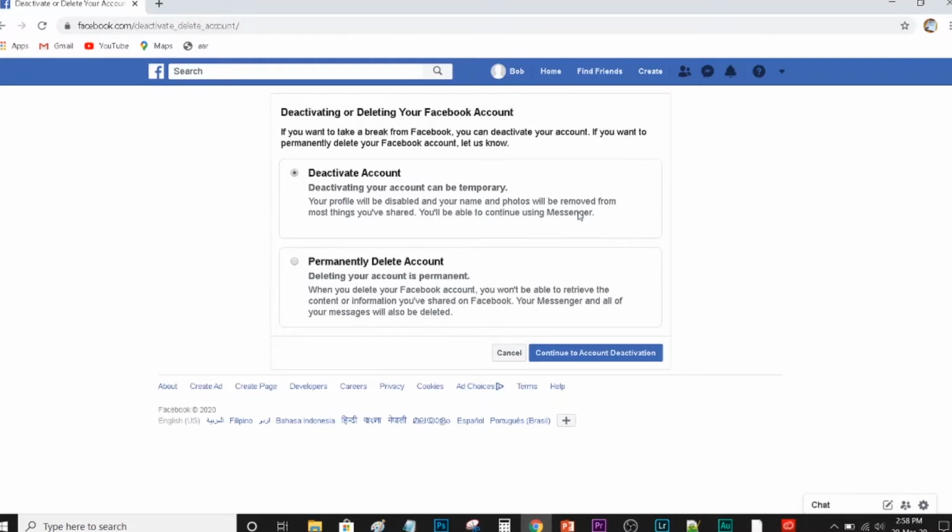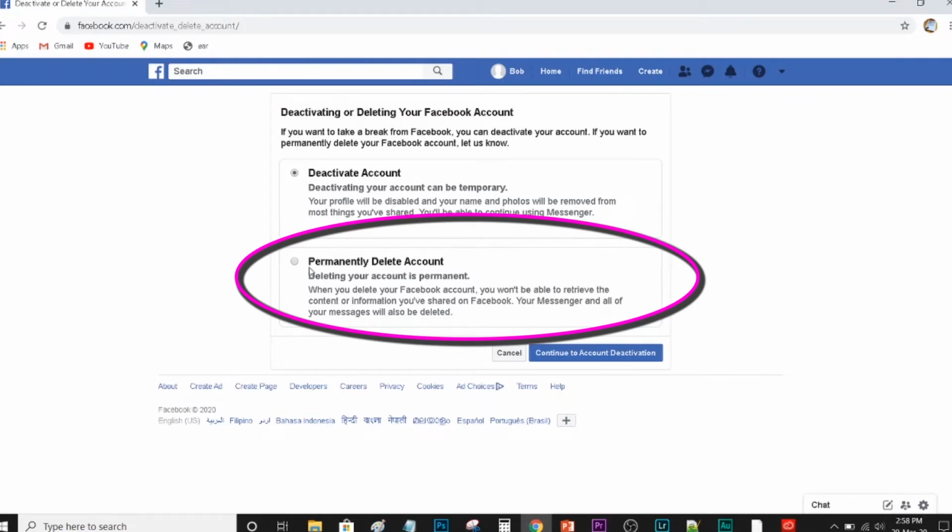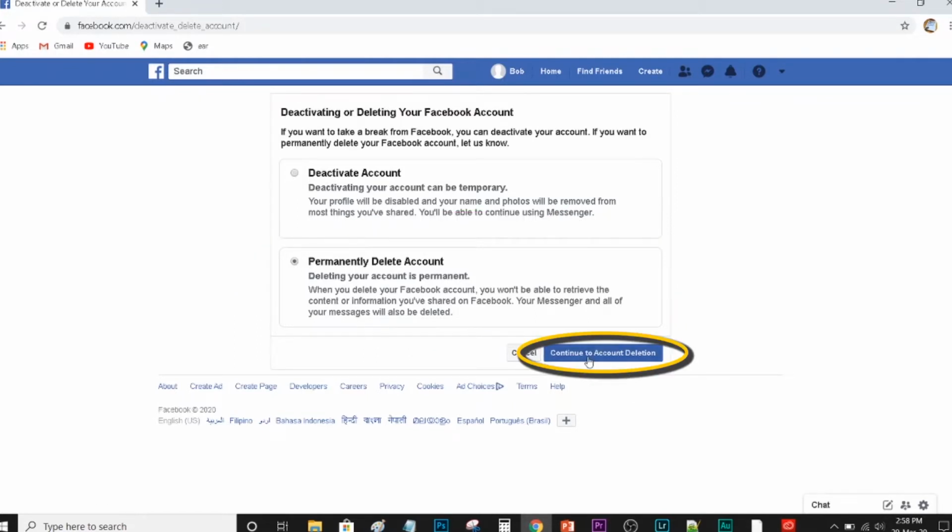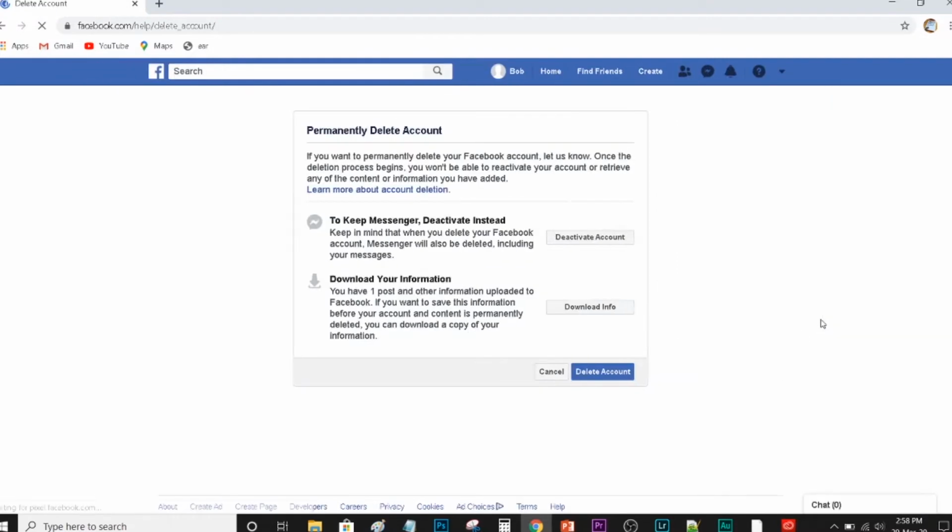So today we're gonna delete this Facebook. So we're gonna choose this one, and then click the continue account deletion. So it will give you again an option that if you click this one, you're gonna deactivate your Facebook and your messenger. But we're not gonna do that. We want to delete our Facebook totally. So I'm gonna click this delete account,